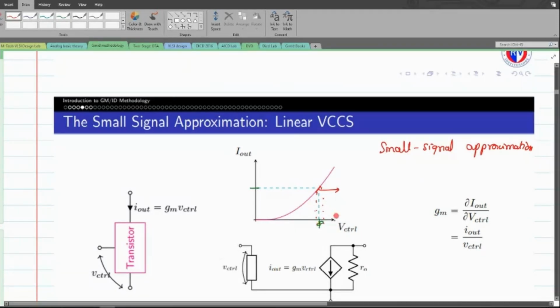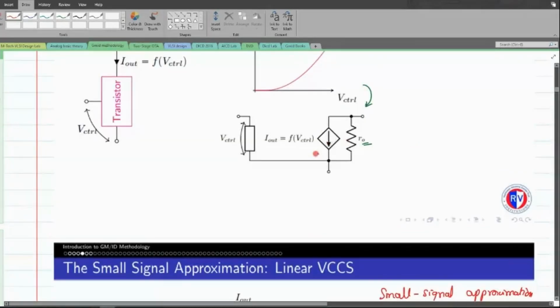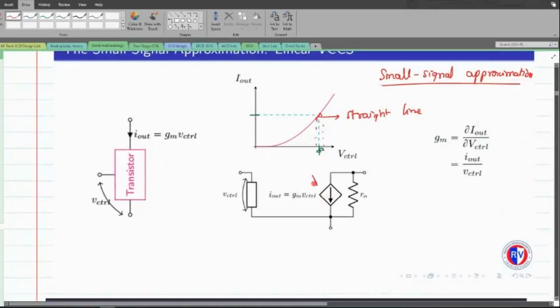Okay, so when I adopt the small signal approximation, trying to approximate this nonlinear graph into a small linear graph, we end up having something known as the small signal model. Okay, so the major importance of considering this line as a straight line, maybe I'll write that, is that it gives us the freedom to convert our nonlinear voltage-controlled current source. This was our nonlinear voltage-controlled current source. We are able to convert it into a linear voltage-controlled current source here. Okay, so that is the beauty of this particular system.